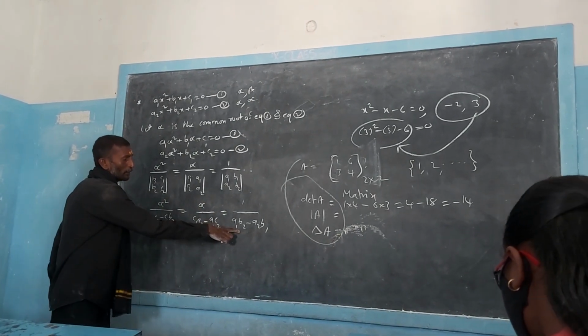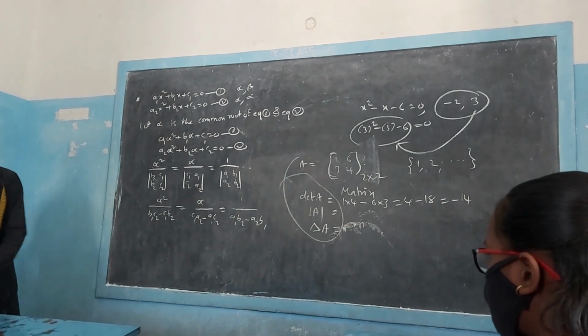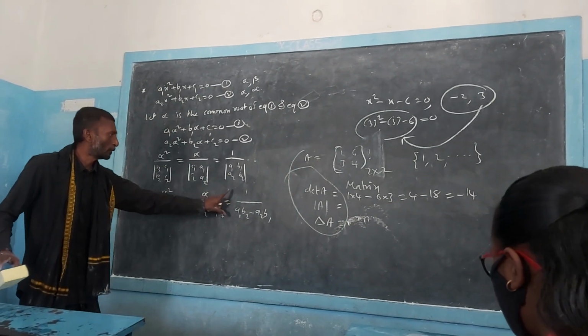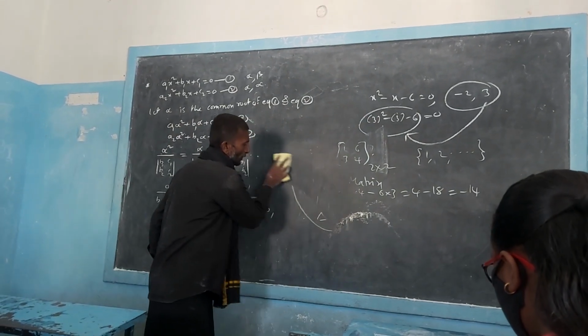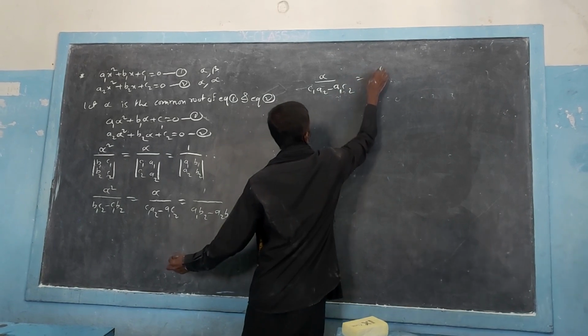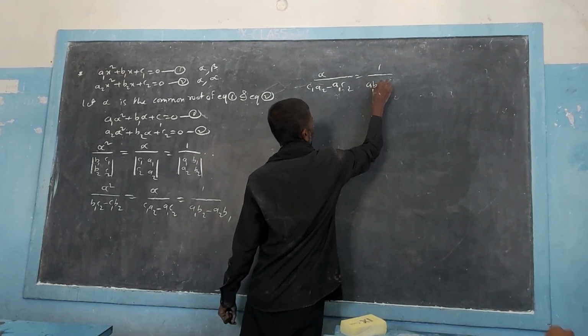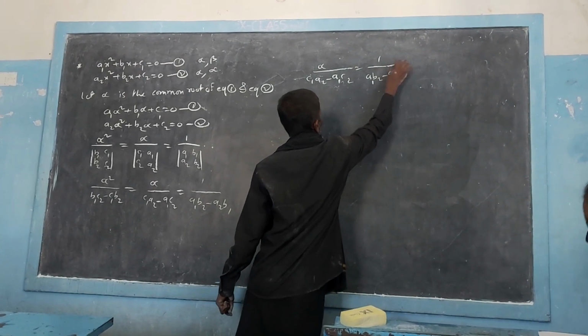Now by equating this first one, the second one and the last one, what did you understand? Just focus on it now. I am taking both of them outside. So equating them, you can understand this. A1 C2 is there. This is equal to 1 by A1 B2 minus A2 B1, right?